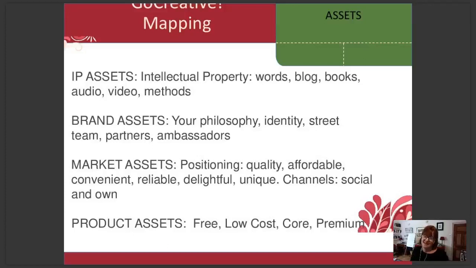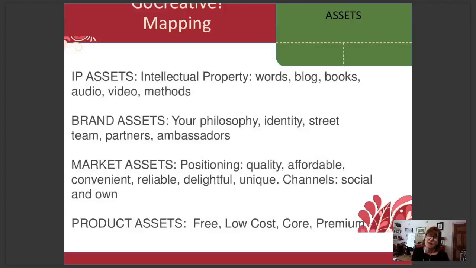The methodology itself is intellectual property. And when you get to a point where your intellectual property is important, you might want to think about protecting it. And that's something that we will do a session on at some point down the line.